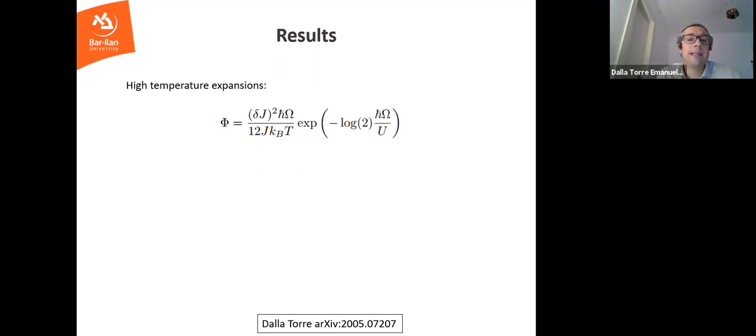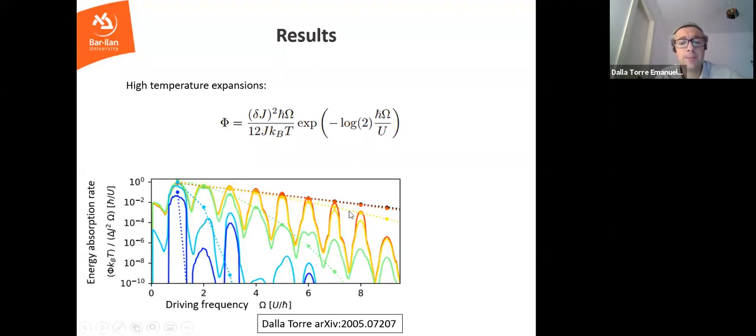So in principle, the temperature enters, but there is a well-defined high temperature limit in which the temperature doesn't enter anymore. And also I would like to claim that this expression really matches nicely with the numerics. So we have performed again the numerics that have been shown in the paper by Immanuel Bloch's group. And here, in this plot, the continuous lines are the numerics done on a system with a small number of particles. And the dashed lines are the semiclassical approximation.